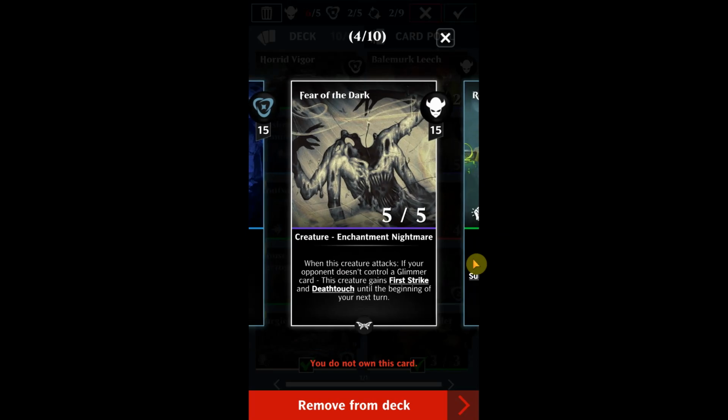Okay, let's move on to card number 4, Fear of the Dark. Enchantment, Nightmare creature, it's 5/5 for 15. When this creature attacks, if your opponent doesn't control a Glimmer card, this creature gains First Strike and Deathtouch until the beginning of your next turn. So this is kind of cool. I like that it's till the beginning of your next turn, which means that this one is a very good